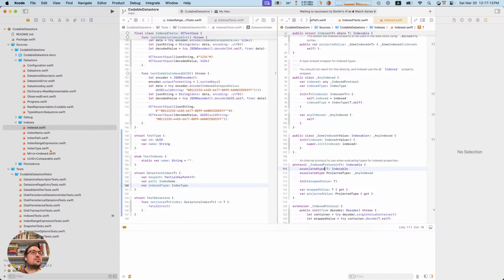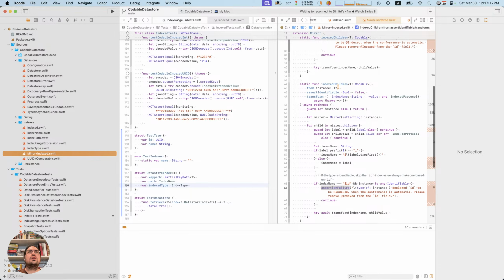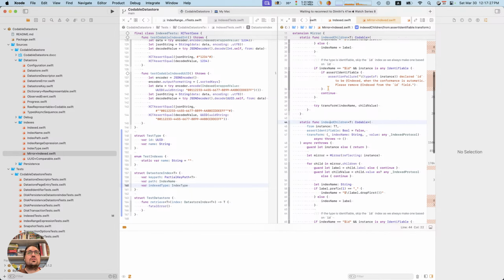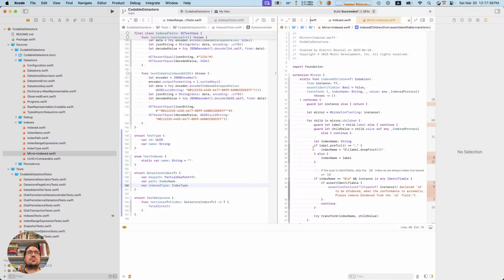Let's dig into that a little bit more. So I had it so that way anything that was marked would automatically get an index.